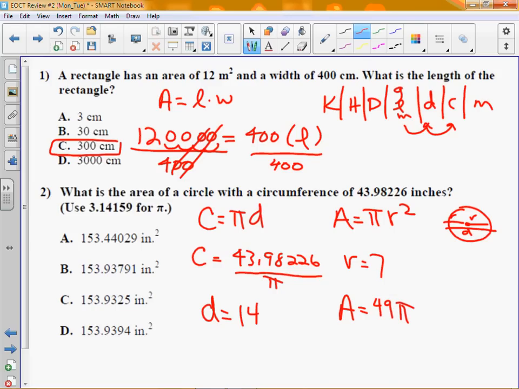So now, like we talked last week, a great way to deal with these is to take 49 times pi, and get 49 times 3.14159. Hit enter. I got 153.93 what? Are you using pi or are you using what? You're not supposed to use pi, you're supposed to use